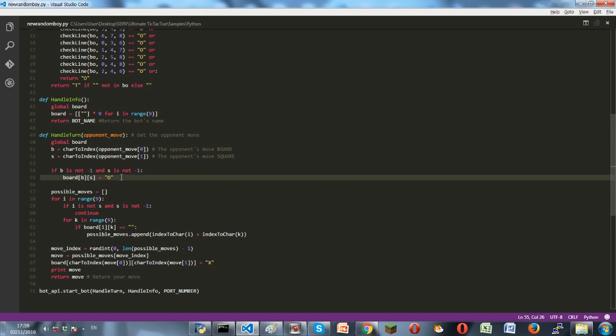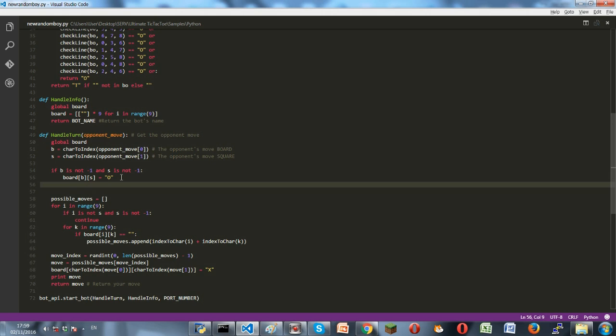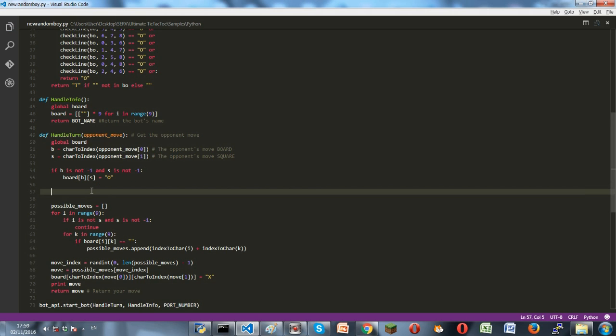So let's use this to check if any of the boards are captured. Let's check it anyways. So we're going to iterate through all the boards and check if the board is captured or not. So for I in range 9,